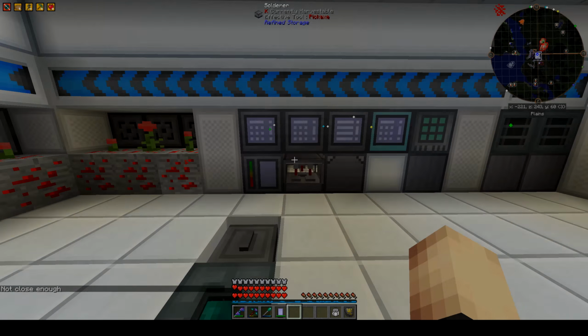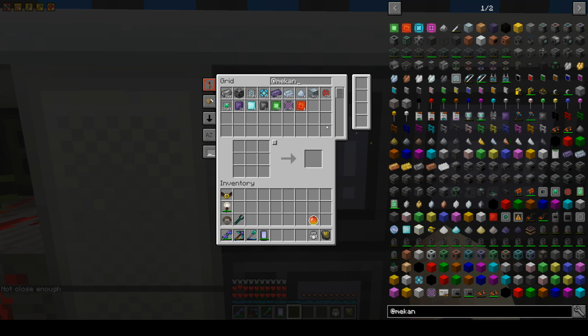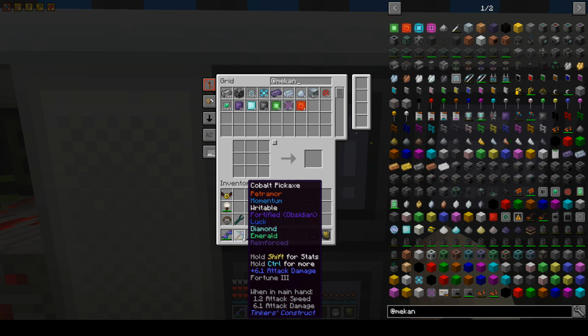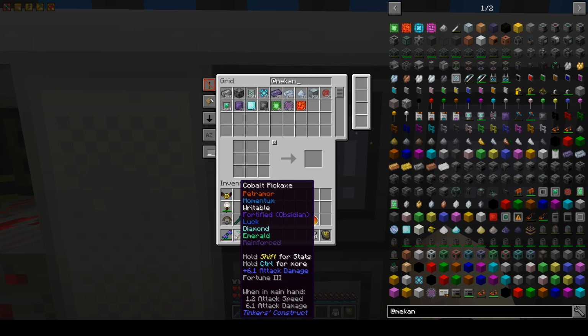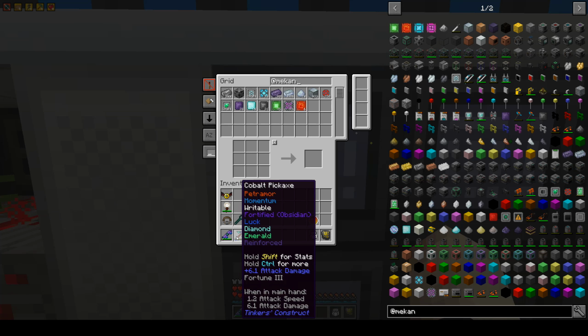I'll be right back. So there is another really cool item in Mekanism that is called the Atomic Disassembler. Now, this Atomic Disassembler is, so far we've been using the Tinkers' Construct weapons, and it's pretty cool, right? I mean, we have all kinds of great stuff with it. We've got fortune, luck. It's got decent durability, but we no longer have the ability to have RF on it, and that's unfortunate